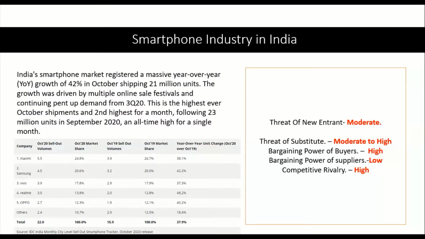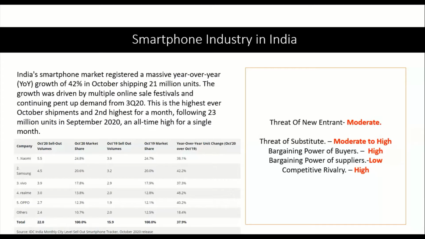But as the number of competitors in the market is very high, the bargaining power of the supplier is very low. But as discussed, the competitive rivalry in this industry is very high. Any new entrant can come and join here, as the barriers to entry are moderate, and now they are going low as well with the government policies and everything. So, as the usage goes, these are some of the things that may change.